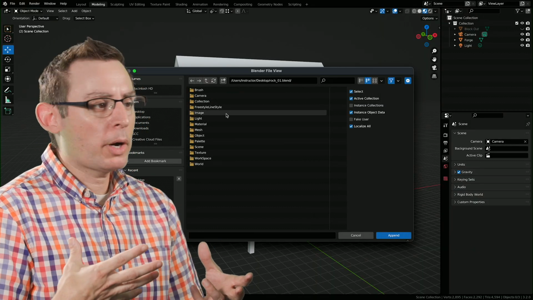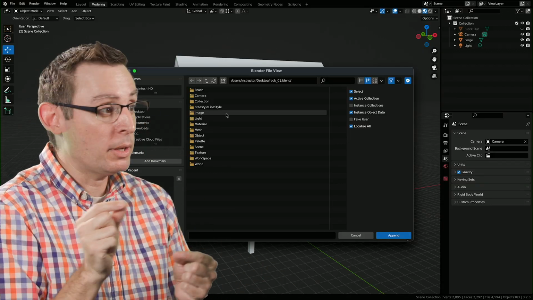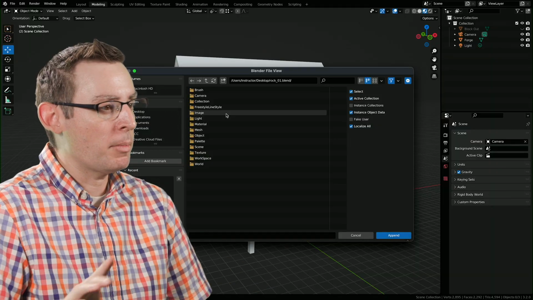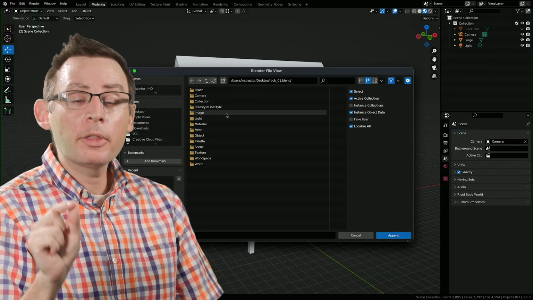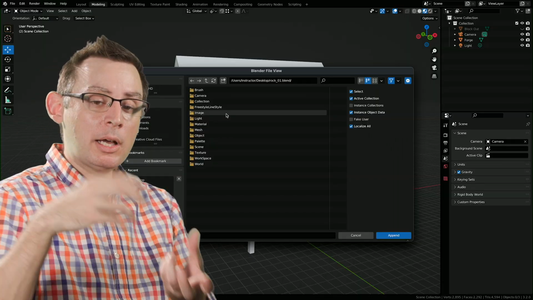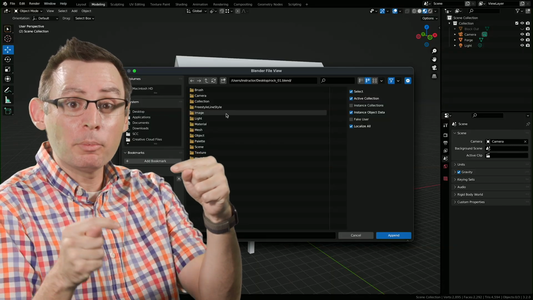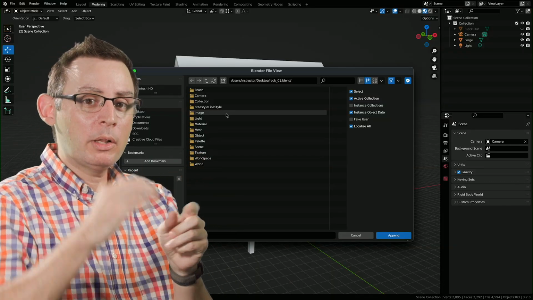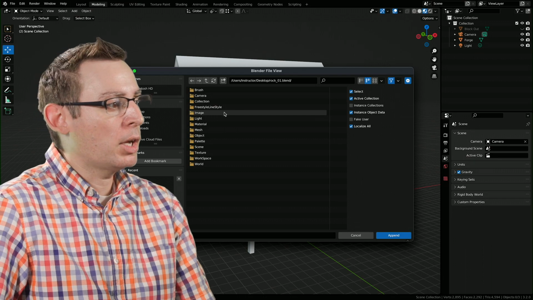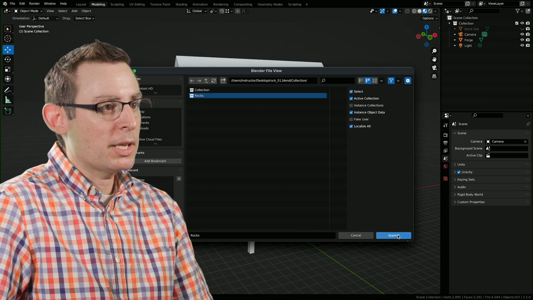Our Blender project files are really nothing more than a whole series of folders that contain a bunch of different data chunks inside of them. And we're looking for, if you remember, the collection folder, because I want the entire collection of rocks to come in. It's another great way of working. Instead of having to import 1,000 different Blender project files, we import one collection, and all the members of that collection come in. So I'm going to find the collection folder. Here's the rocks, and let's just hit append.